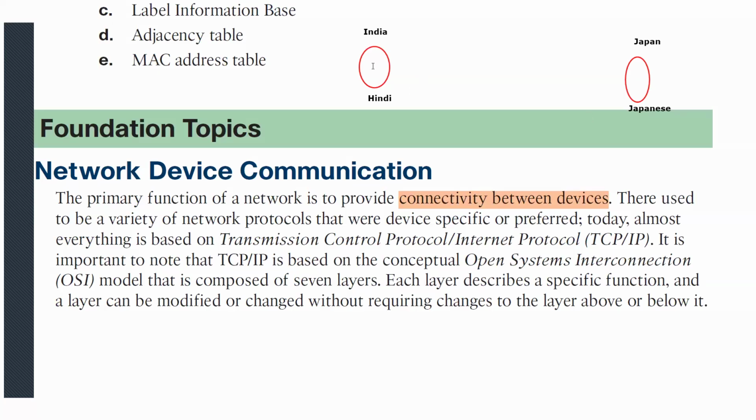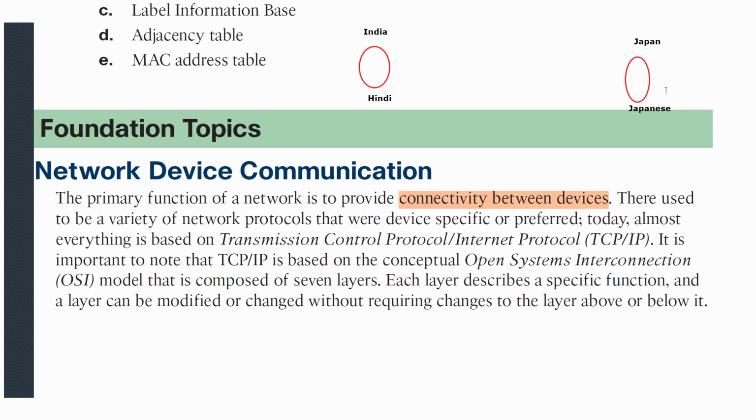The same thing was happening. If this is Dell and this is IBM, they had their own protocols for communication. The protocols decided how their devices will respond and how their devices will communicate. So Dell was not communicating with IBM, and IBM was not communicating with Dell. The problem was not for the companies, because a company knew that if somebody purchased even a mouse from me, that mouse would not work with any other devices. That means if you want to design a network, the entire network has to be designed specific to the vendor. So companies were in profit.